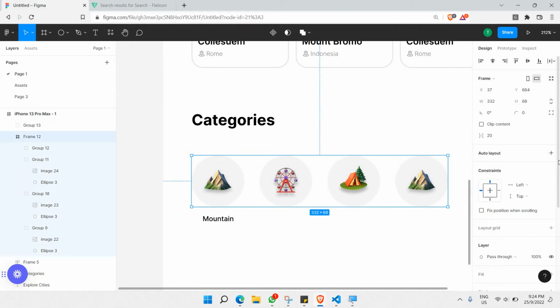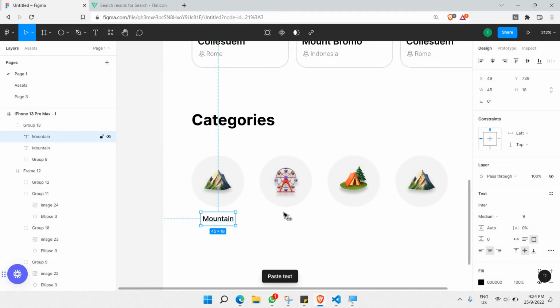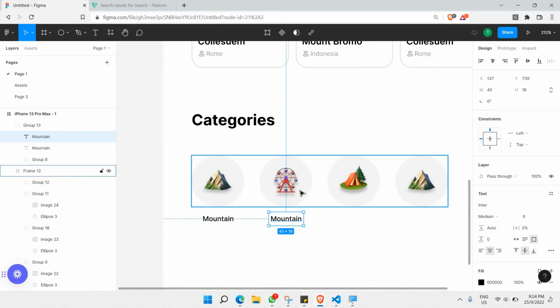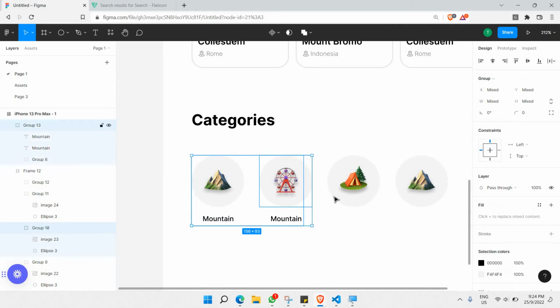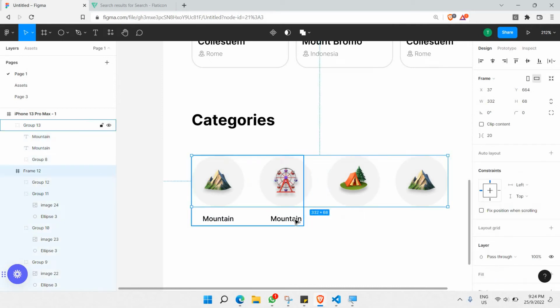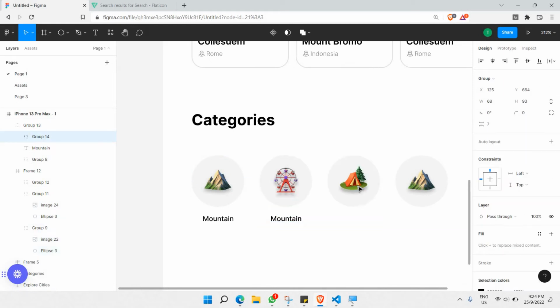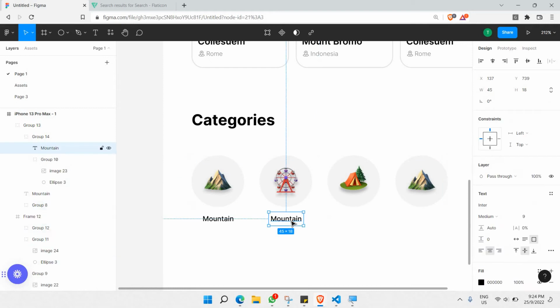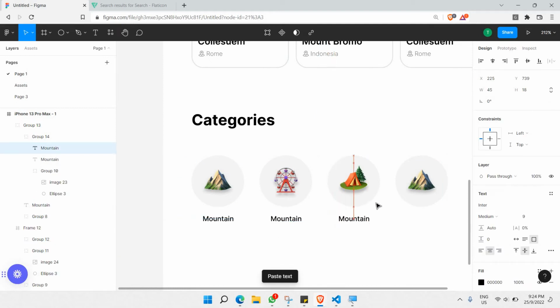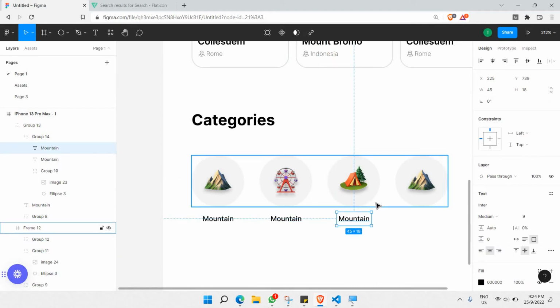And let's turn off this auto layout for now, and let's copy and paste like this. Let's make both of these into a group. Let's make this a group first, and copy and paste again. Now in this case it's called the